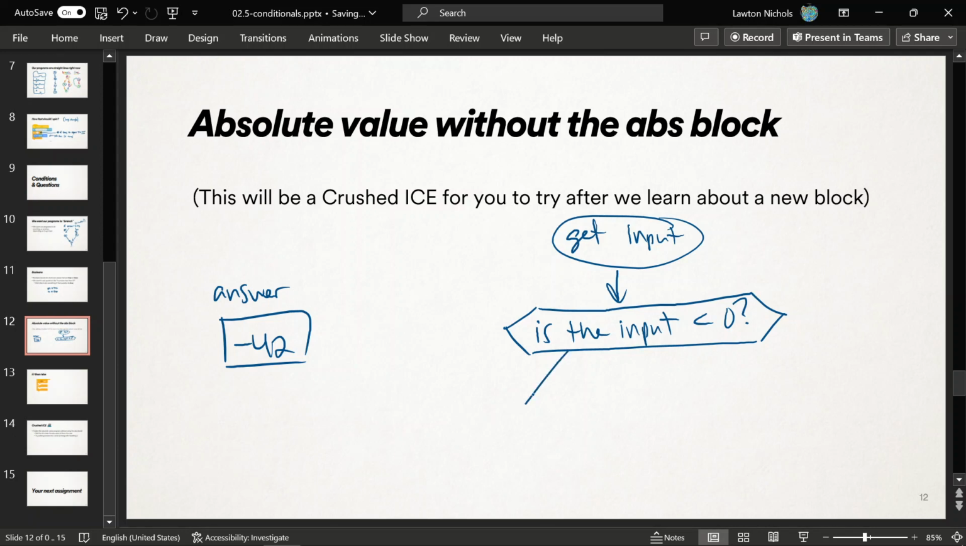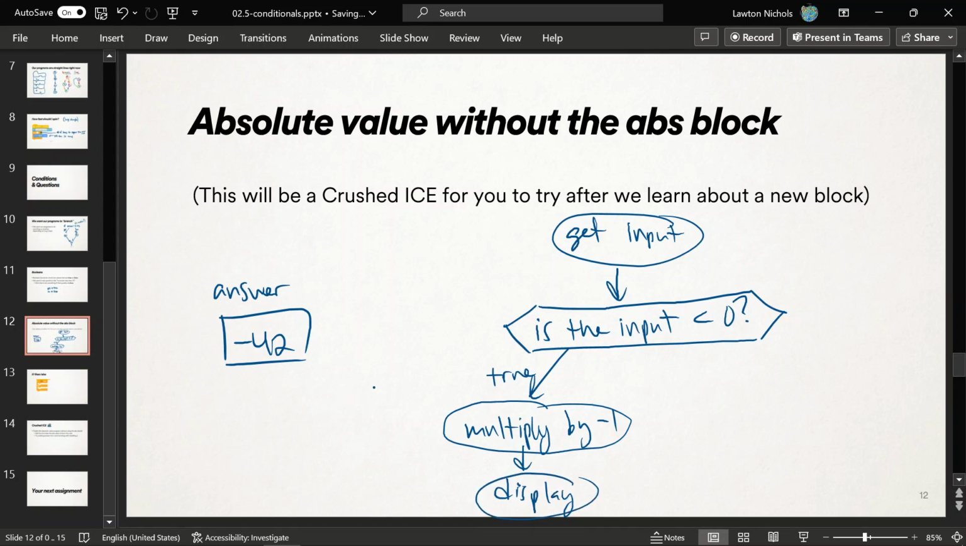And if it's true that the input is less than 0, so like it really was negative 42 or something, in that case, we don't want to output answer immediately. We want to change it. We want to multiply it maybe by -1, because that'll make it positive if it was negative, right? And then we're able to print it out, display it to the screen. Display whatever's in answer after multiplying it by -1. Display. So do you see how if it was negative 42, this process is going to give you positive 42